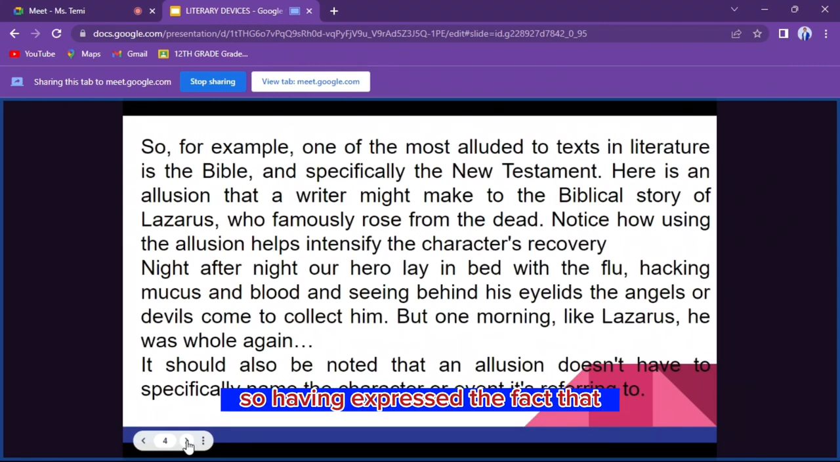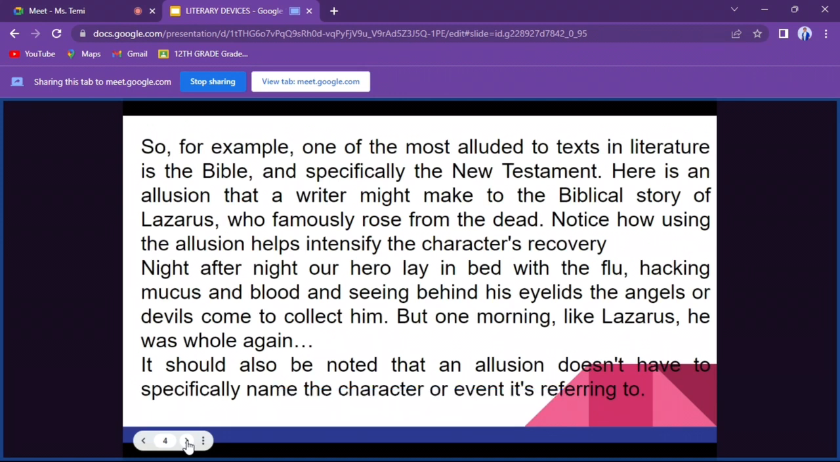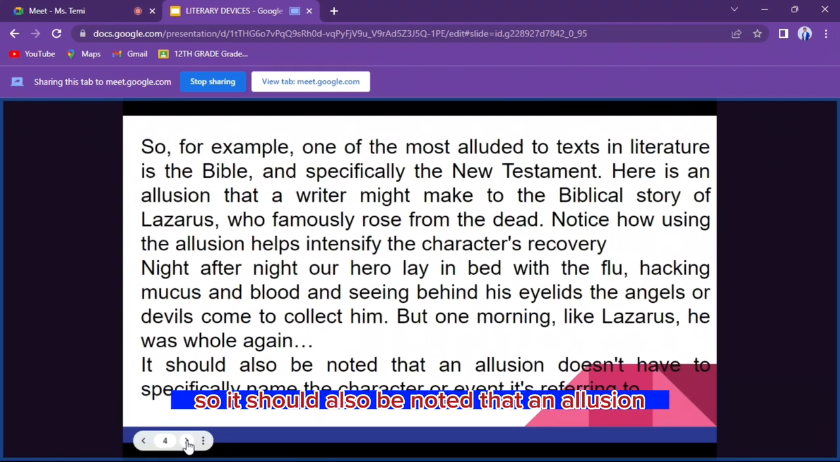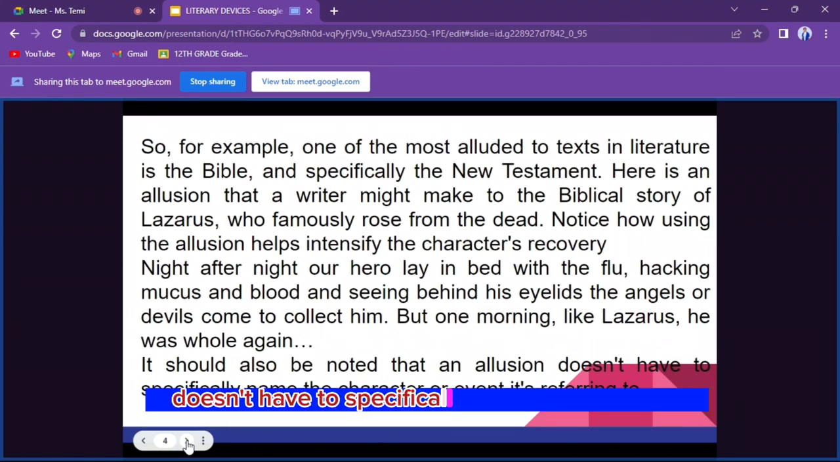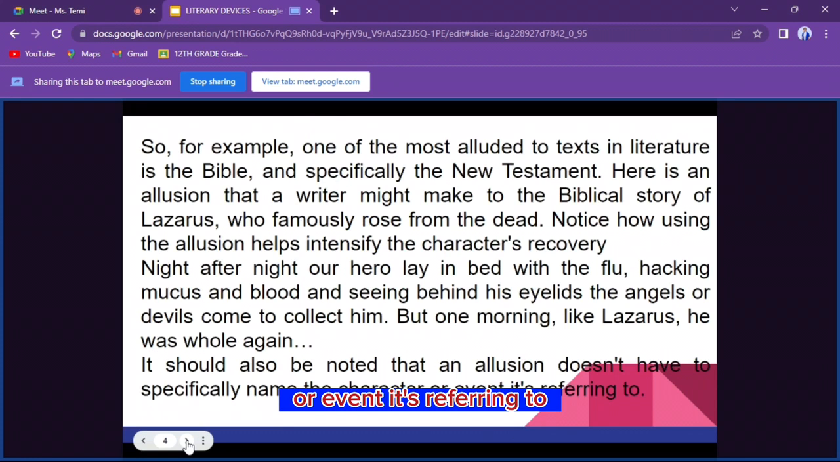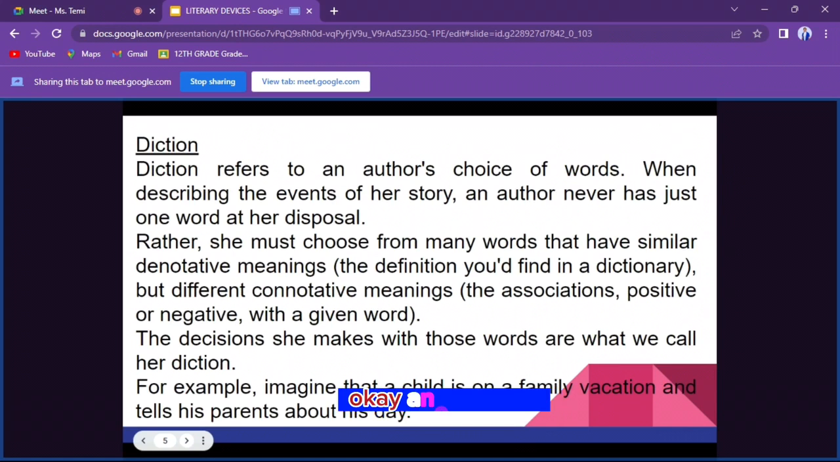So having expressed the fact that this particular character is almost gone, but came back to life all of a sudden. It should also be noted that an allusion doesn't have to specifically name the character or event it's referring to. You don't have to mention the names. You don't have to mention the event you're referring to. Just make your reference and that's fine. Okay, another